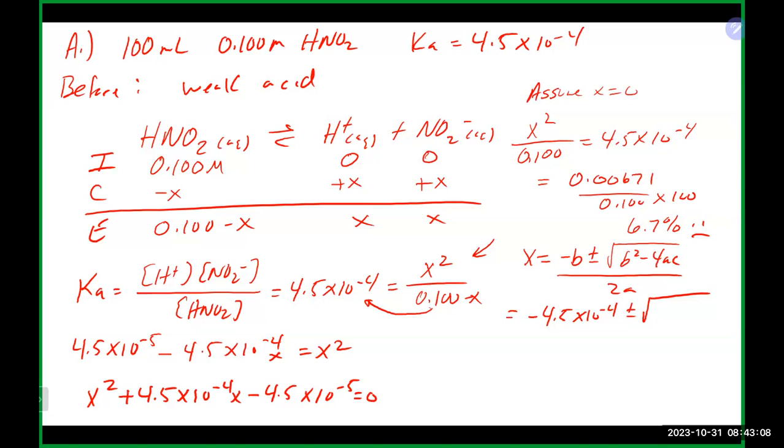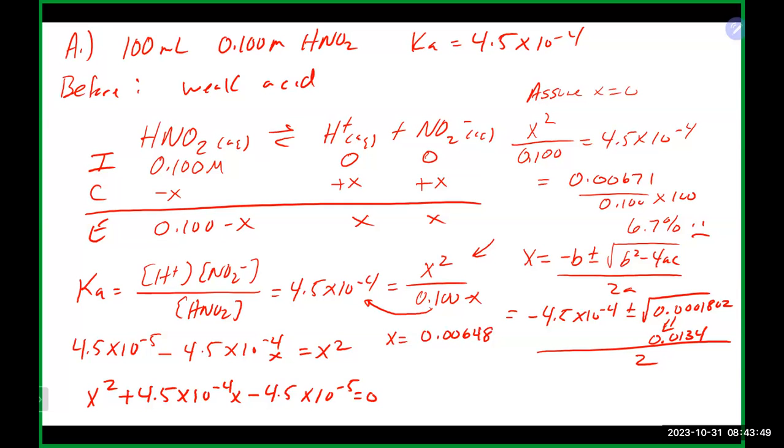So we're going to square b. We're going to subtract from it 4 times a, which is 1, times negative 4.5 times 10 to the minus 5. Gets us 0.0001802. We're going to square root it, which gets us 0.0134, we'll call it, all divided by 2. Let's see how we did. Minus 4.5 times 10 to the minus 4 plus 0.0134 divided by 2 gives us an x value of